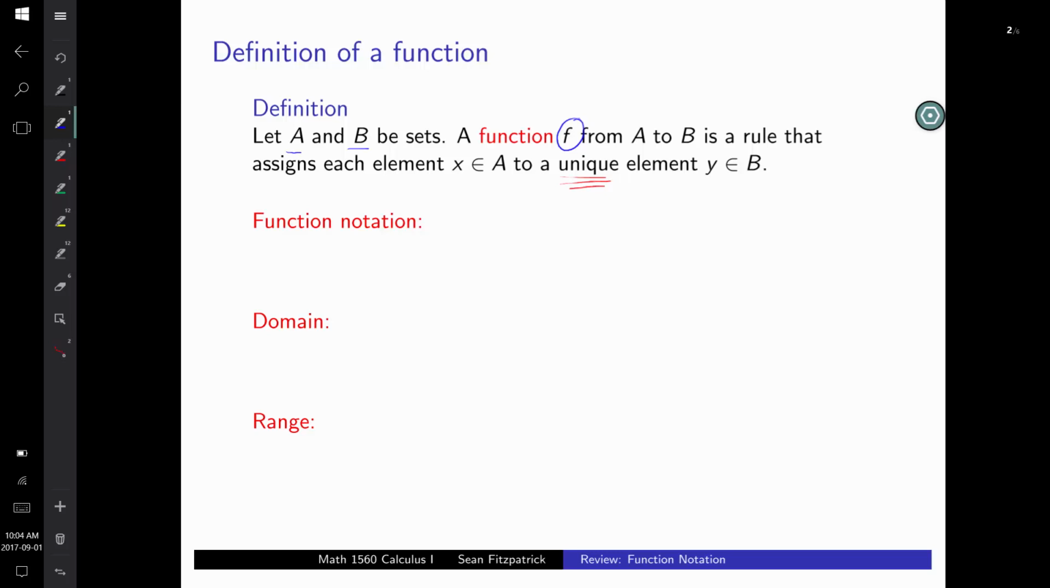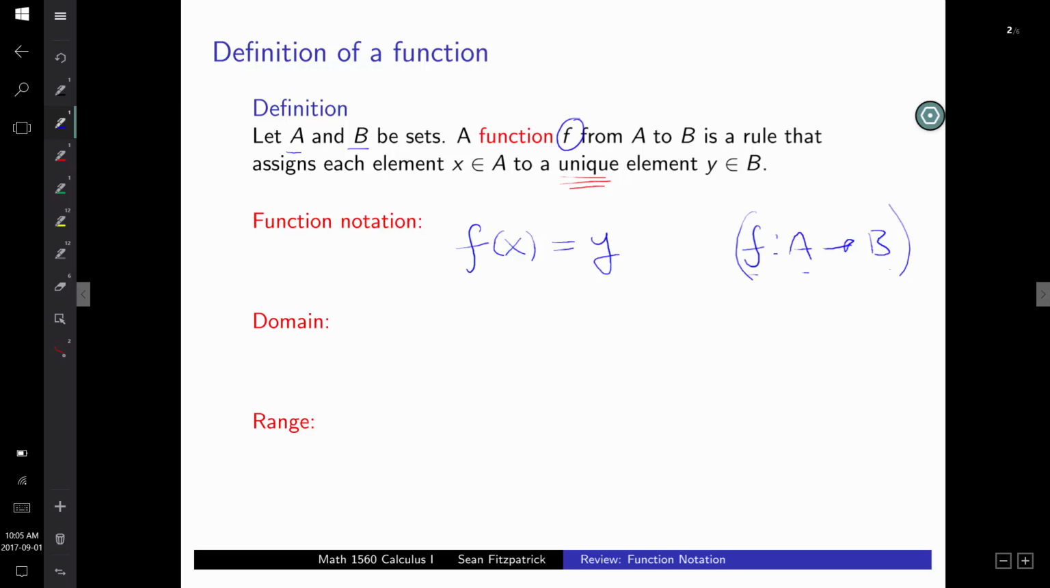And the way that we indicate this relationship, we use this function notation. So if I want to say that x is associated to y, right, I would say that f of x equals y. This is the common function notation. If you want to specify these sets, you might run into notation like this. Okay, if you want to specify that f is a function going from A to B, you might see a notation like this,